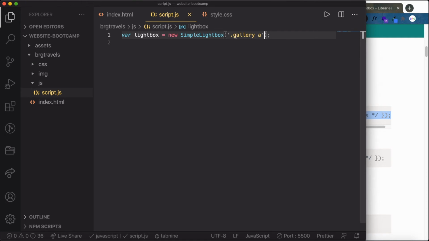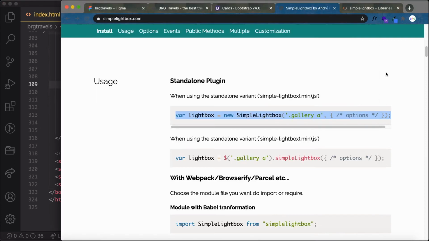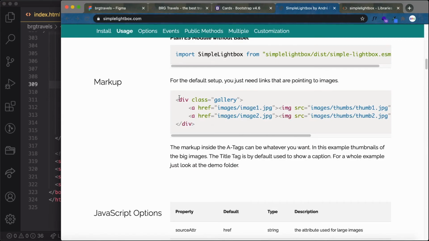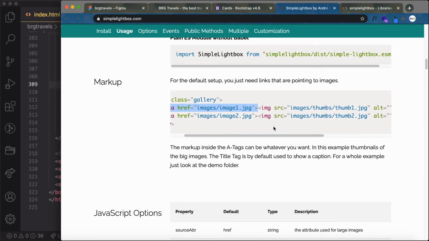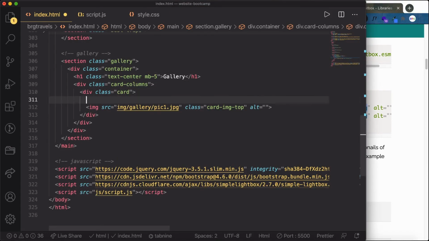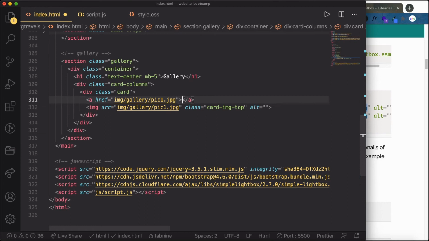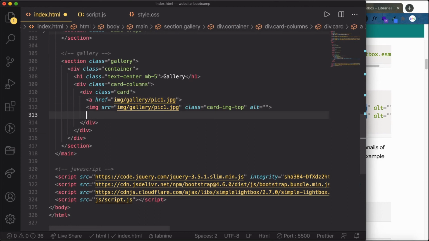Now you can see we have gallery and then anchor tag. Let's do this. For that, the code is very simple. We have parent div as gallery, and then inside we have anchor tag href to the full width of the image, and inside image tag to the thumbnail image. Okay, so here we have card. Let's wrap the image inside anchor, and then link to the image. Right now our thumbnail and full width image is same, and then let's preview it.